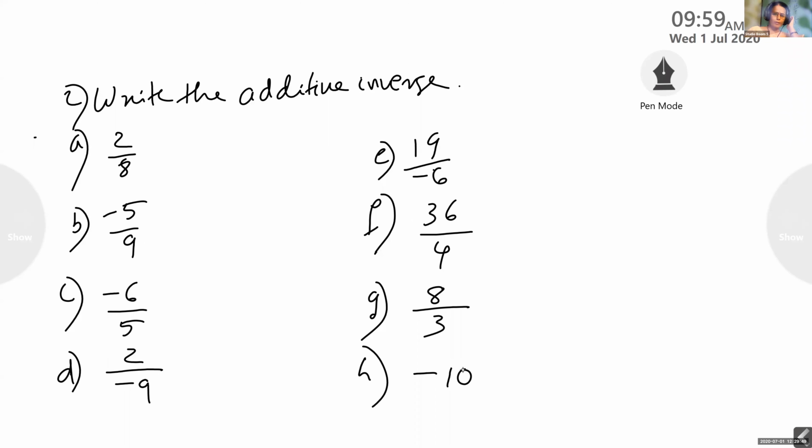Benedict, what do you mean by additive inverse? How will we get the additive inverse, Benedict? Ma'am, negative by adding. Yes, the negative of a number is its additive inverse. Yesterday we studied that the negative of a number is known as the additive inverse. And Benedict, when we add a number and its additive inverse, what will be the answer? 0. That means additive identity. Okay, good. So write the answers.